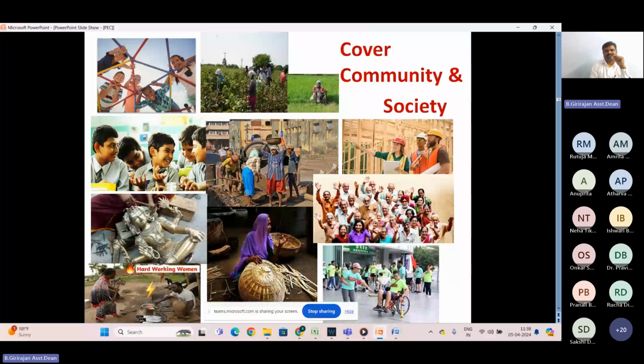The community and society is common to all students. So think about community and society, you will come up with real problems faced by them, and you can provide solutions for them. That could be school children, farmers, construction people, physically challenged people, handcraft people, old age people.